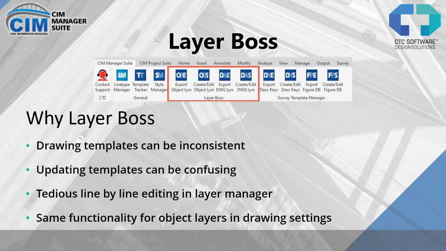So why Layer Boss? Well, from my experience, we know that drawing templates can be inconsistent, and consistency makes for more productive users and more consistent drawings. And updating the templates can sometimes be confusing. We don't know exactly what layers are there. Maybe we can't keep track of them. Things have gotten out of hand. Layer Boss can help with all of that. And doing it in Layer Manager